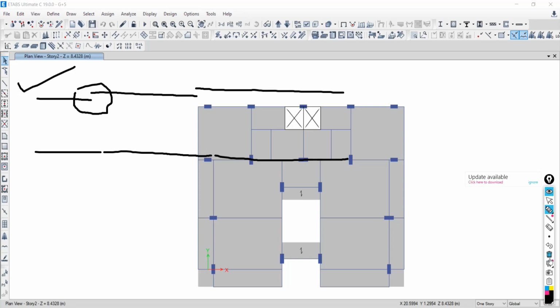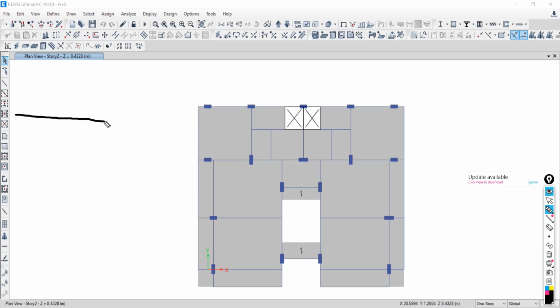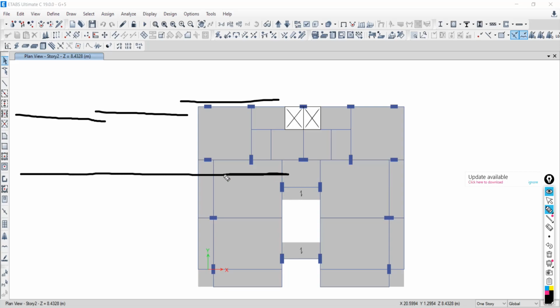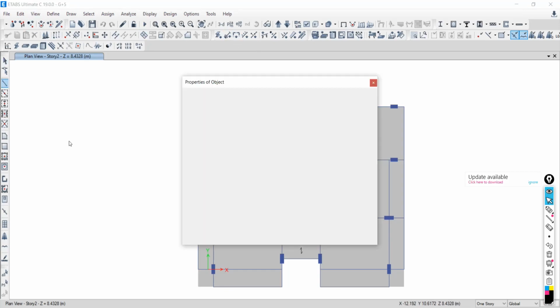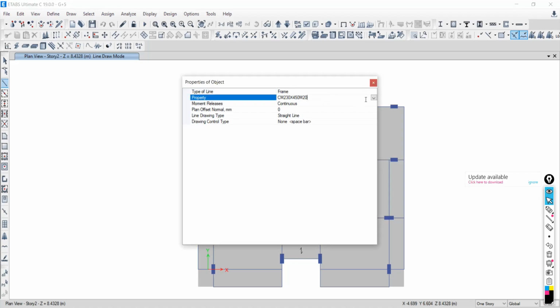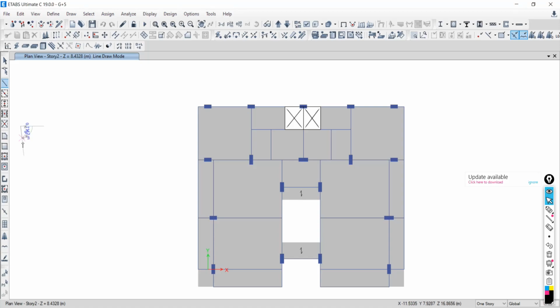So suppose this kind of situation is there where you have modeled the beams like this, but now you want to correct this to keep all these beams in the same line. So how to do that? Very important point. Take the beam. The first point.